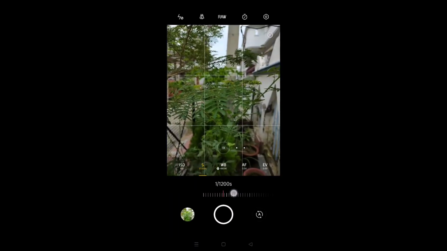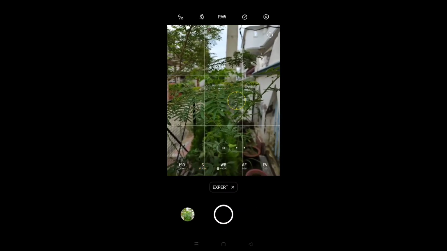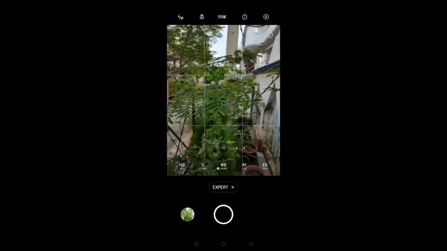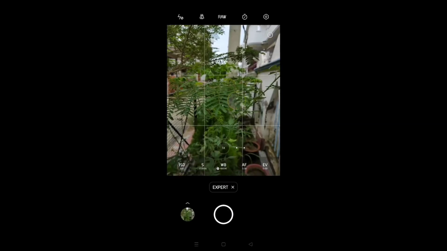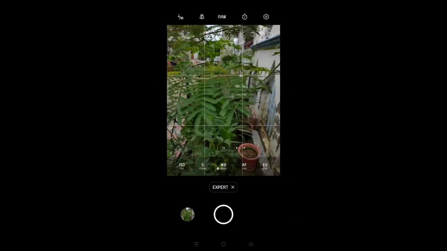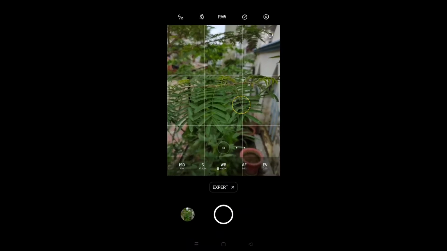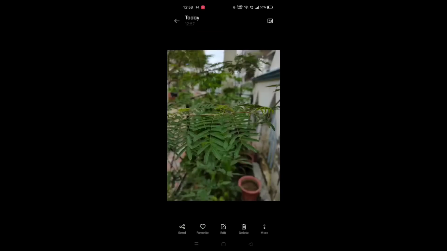The next thing you should adjust is exposure. You have to make sure that your image is not going too bright or too dark. If you use a faster shutter speed, you are going to decrease the exposure. If you use a slower shutter speed, you are going to increase the exposure. So after adjusting exposure, I got this image. This is beautiful. I'll click this again and show it to you. This is even more beautiful.